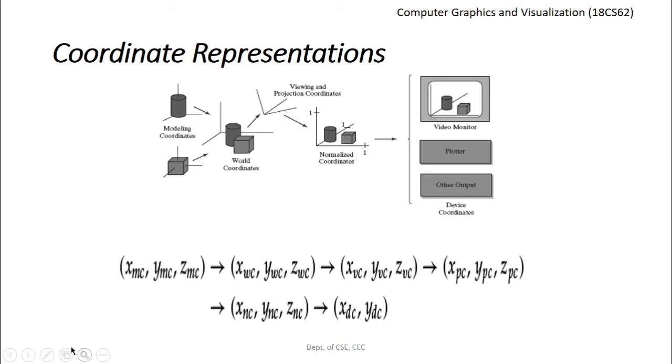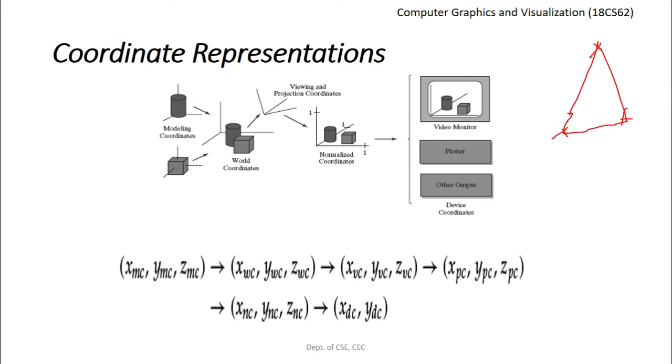Okay, let us assume we want to draw this triangle, something like this. So to draw a triangle, what do we need to give as inputs? We need to specify the three vertices of this triangle. So first we define the shapes of the individual objects. These reference frames are called modeling coordinates or the local coordinates. We need to specify the positions for the three coordinates or three vertices in order to draw a triangle. These are called the modeling coordinates.